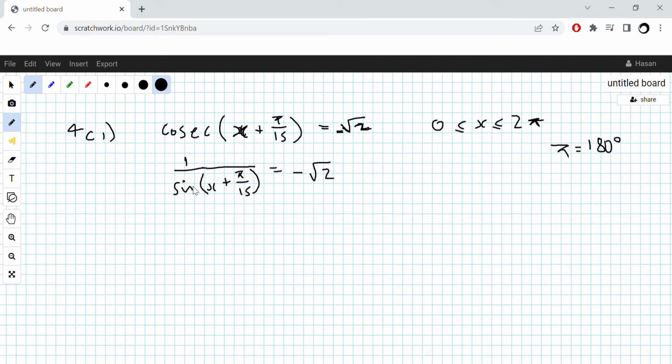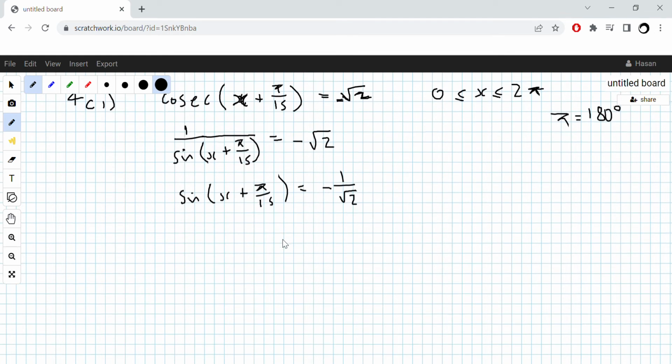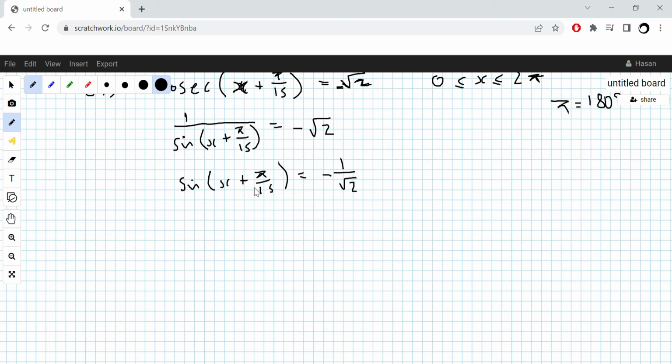After this you can rearrange, so sine of x plus pi over 15 equals to 1 over root 2 and the negative of that. So this is your expression which you need to solve. Obviously first you would change this into y to make life easier for you. So let y equal to x plus pi over 15, and then you're left with sine y equals to negative